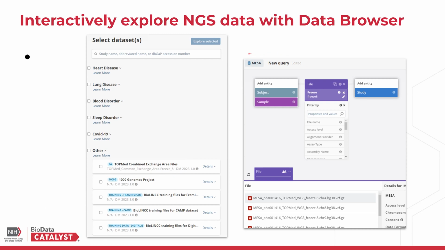And this is a graphical interface. So you have entities that you can assign properties. In this case, I just picked the file entity for MESA, which is one of the TopMed studies, and I wanted to find all the Freeze-8 files. So this actually gives me only 46 files because in Freeze-8, the hosted data on Gen 3 is